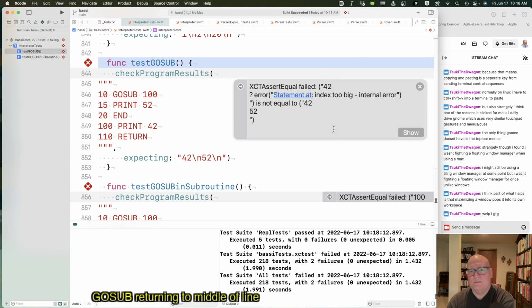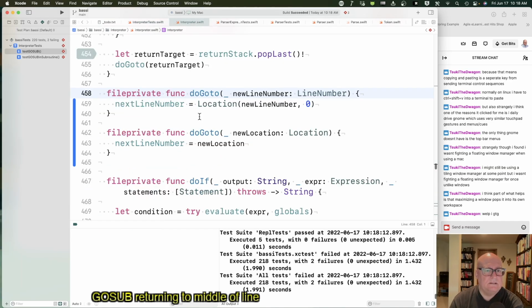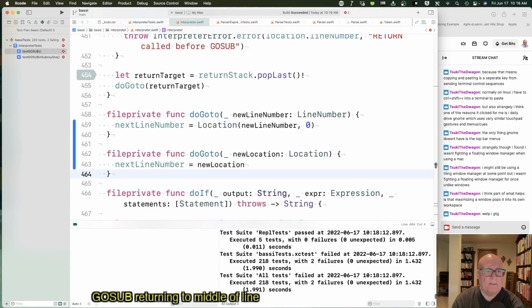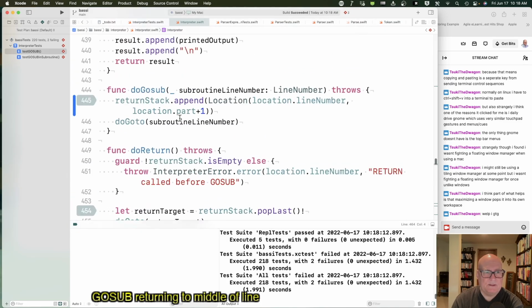Statement index too big. That sort of means we didn't parse the line? I don't know. Our internal one worked. That was good, but